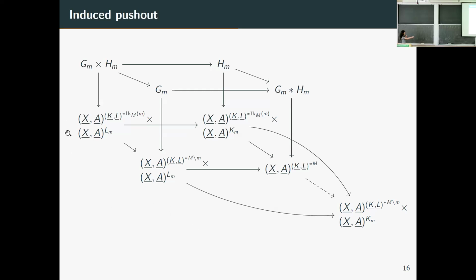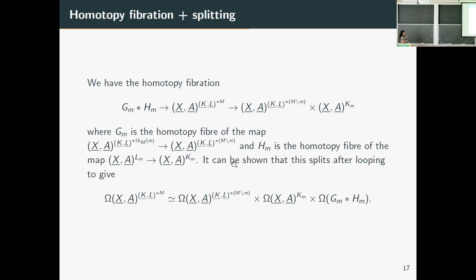Then using the cube lemma, we can lift up and get a homotopy pushout of the fibers of these maps. So Gm is going to be the homotopy fiber of including Lm into Km, and Hm is going to be the homotopy fiber of including the polyhedral product on the polyhedral join product on the link into the polyhedral product on the polyhedral join product on the restriction. We then get a homotopy fibration that looks like this, where these maps are as described before, and we can actually show that this homotopy fibration splits to give this